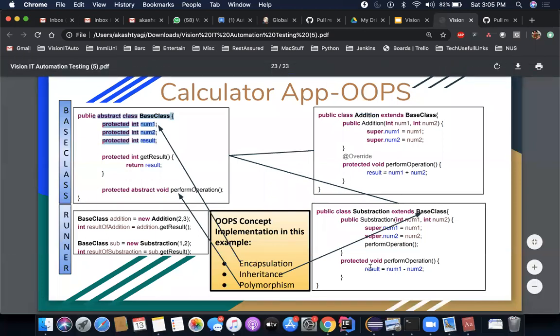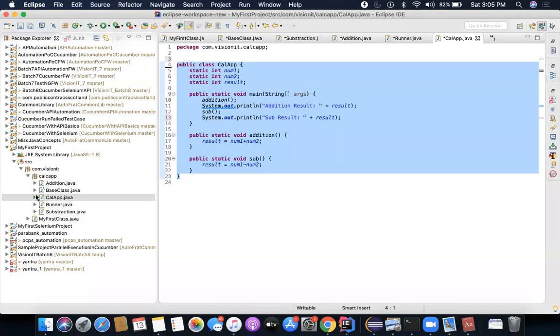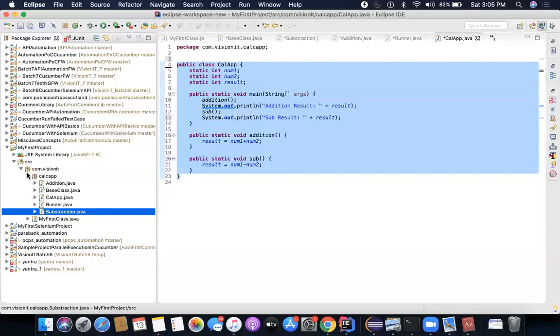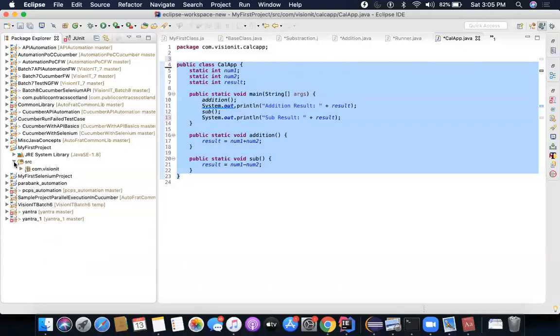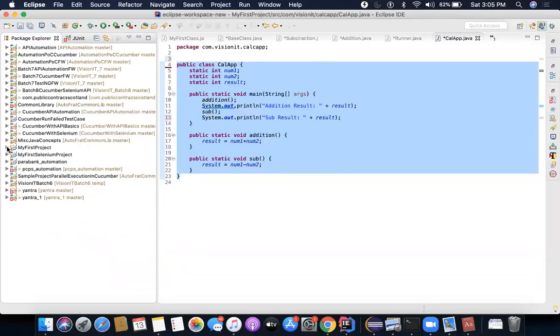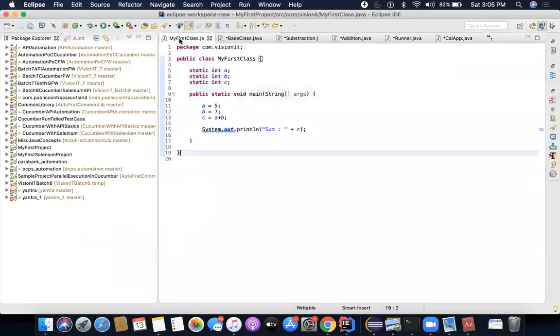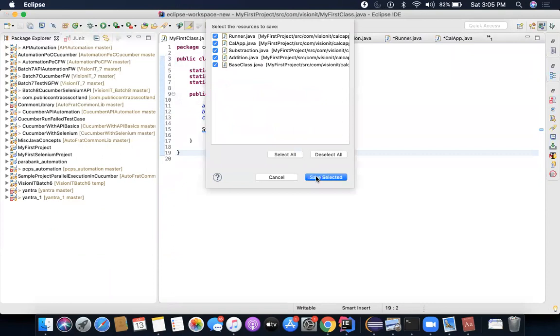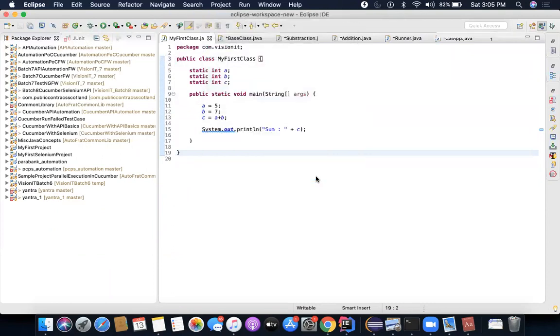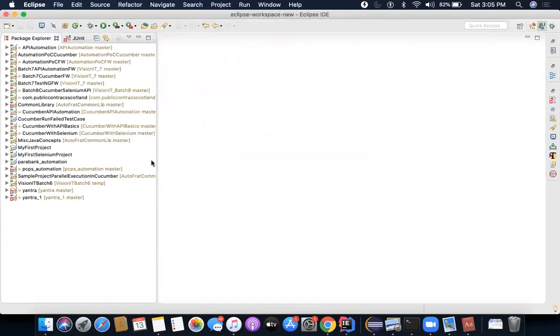Enough is enough. Now what we'll do is jump onto our code here. I have already created these classes for you, but I'm not going to make use of them. I'm going to show you exactly how you're going to create it. So instead of showing you a static example, let me show you how you will do it from scratch, so that you can also try it out on your own systems.